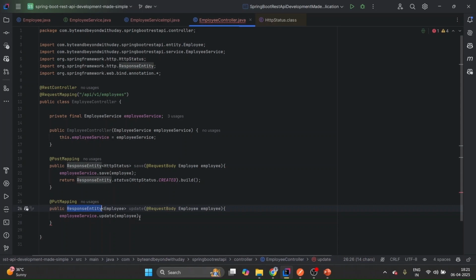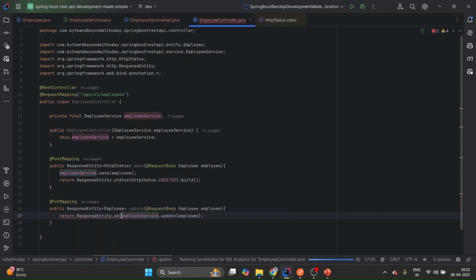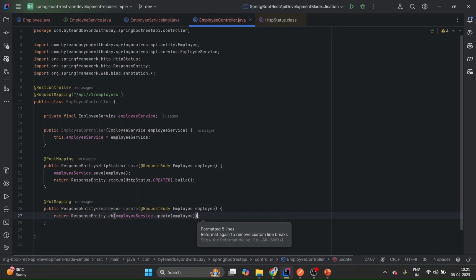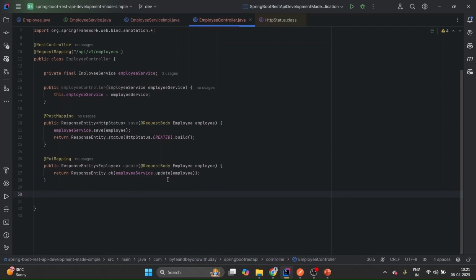So let me wrap this response inside the response entity. Response is okay with the body. So in this case we are simply returning our updated employee. Now quickly create another method which is get employee by ID or find by ID. So at the rate get mapping,